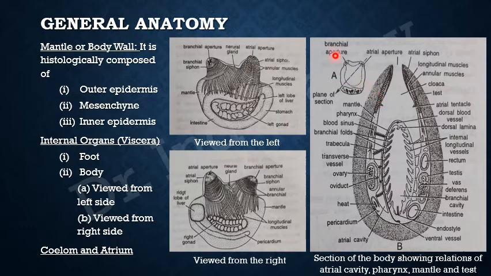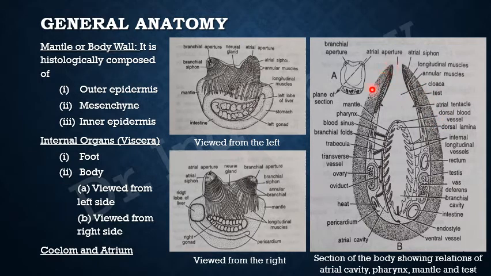So this is the anterior posterior axis, and here the section which we are seeing is cut through the dorsoventral axis. So this is the dorsal part, the atrial aperture. You can see how it is looking in the section and how the section was cut from here. So in this B diagram you can see this is the atrial aperture and this is the section of the body which is covering almost all the parts of the body, as it is passing through the center. So now the main thing we have to see is the position of mental.